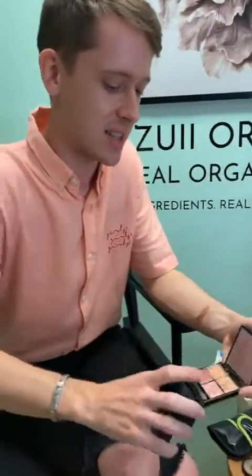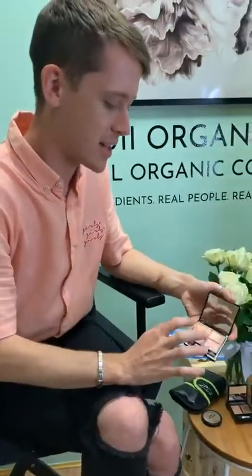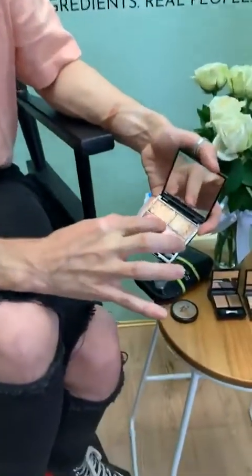You can use a brush. Oh yeah, you can definitely use a brush, and you will get the same effect, but we just wanted to show you really simply. Yeah, it's just easier to use a finger in this context. Yep. So, I think I'm going to go the darker pink because I think that is just the most stunning